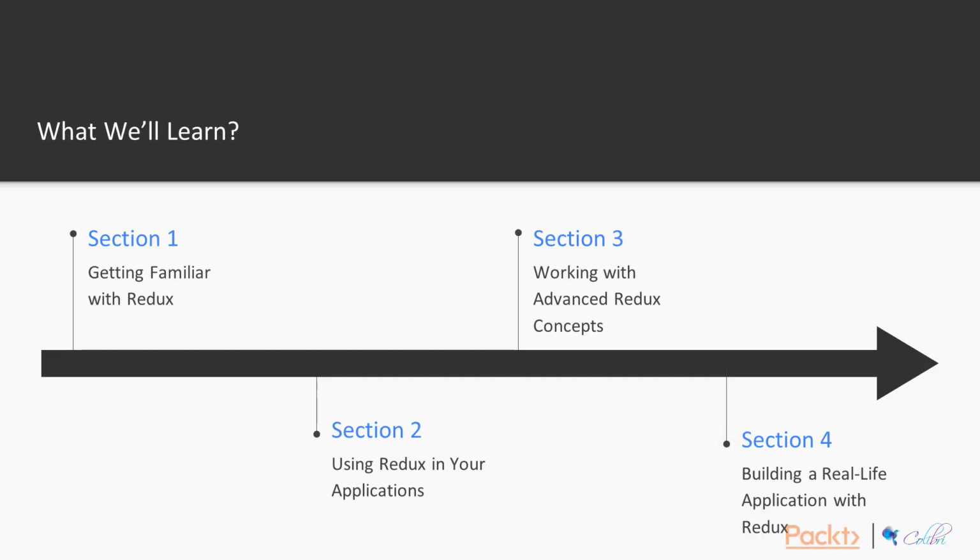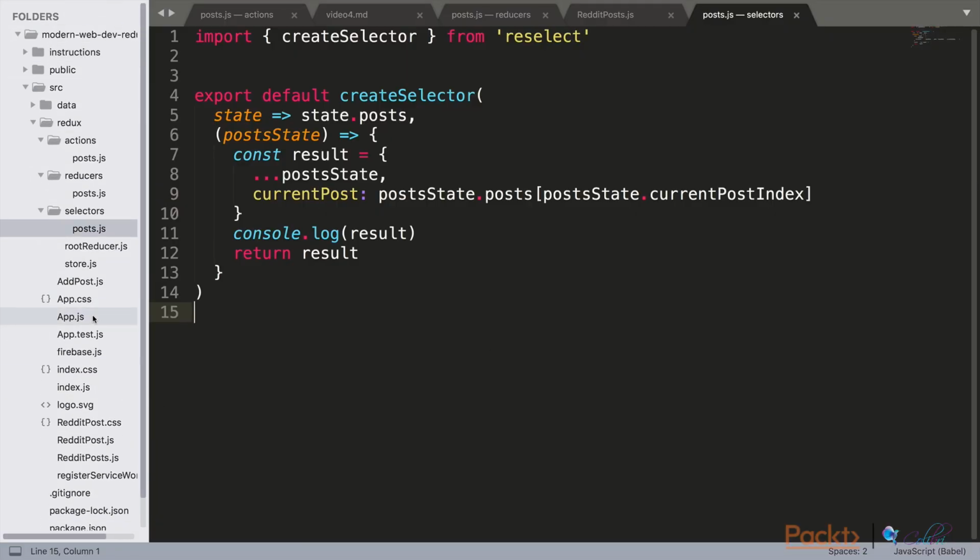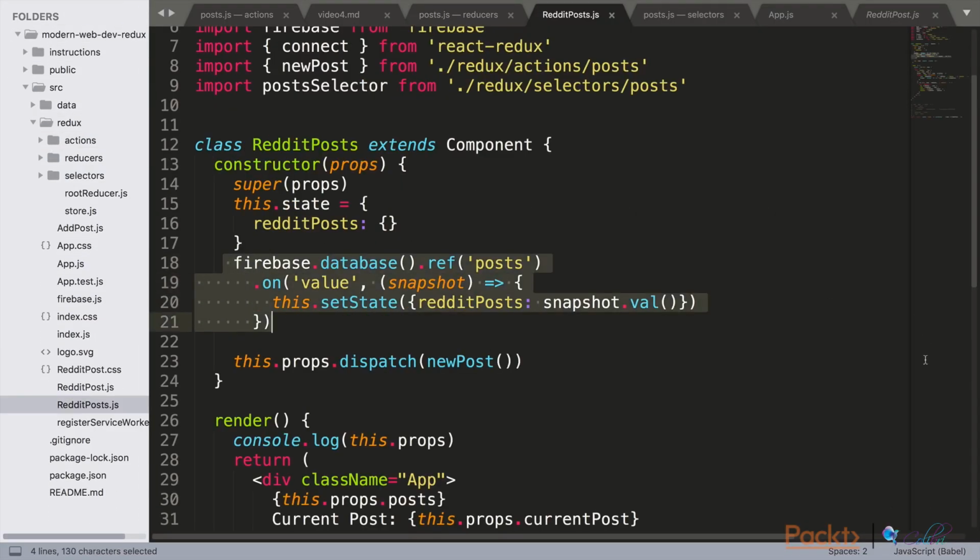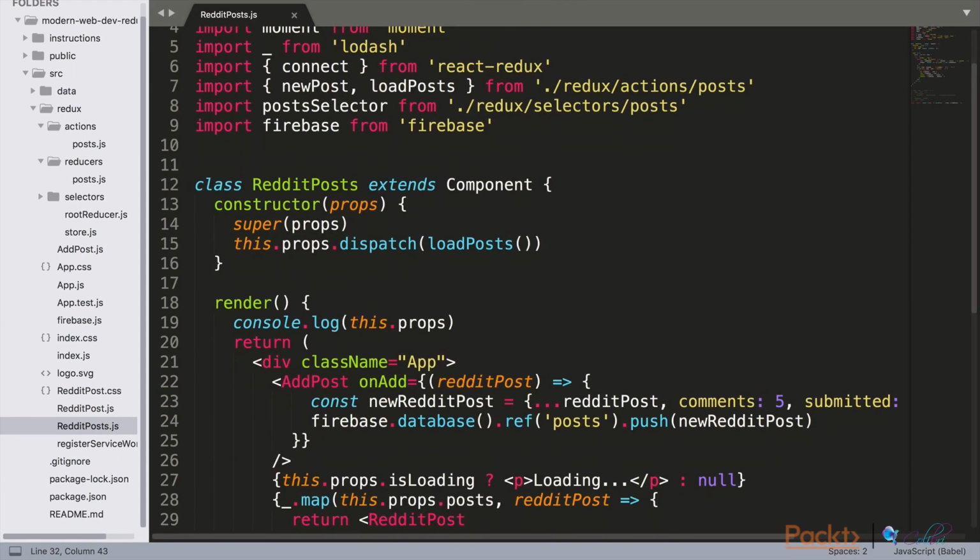In section 4, we'll be building a real-life application with Redux. We'll start off by walking through an existing app that already exists, and then we will convert it to use Redux and load it to Reddit application or Reddit post application, and we will use Redux to load those posts